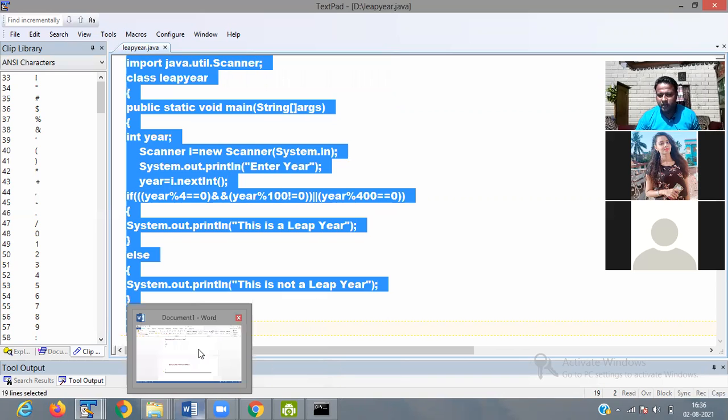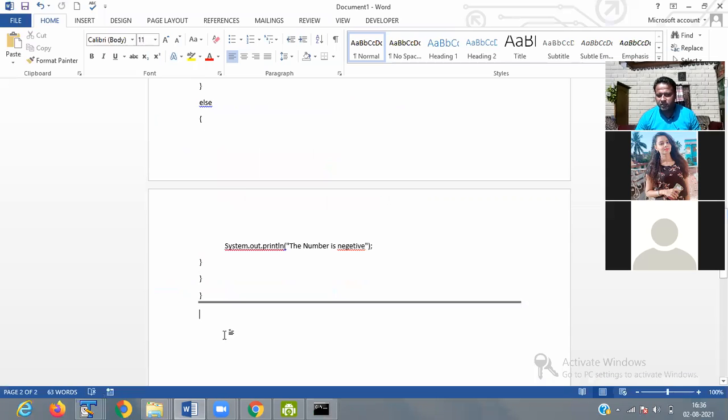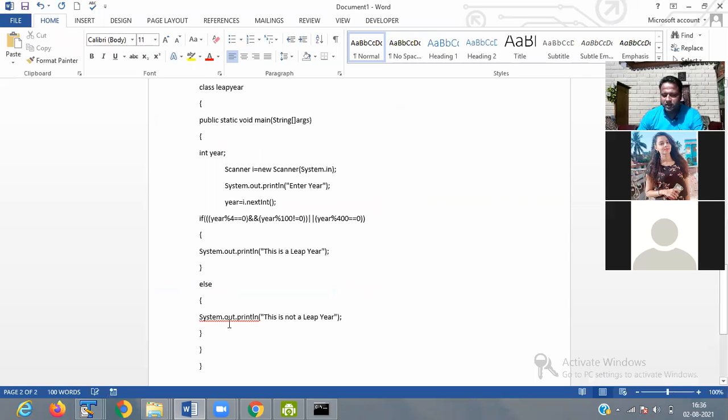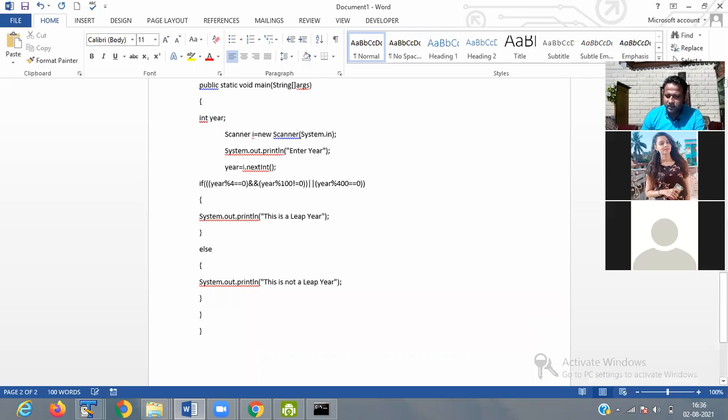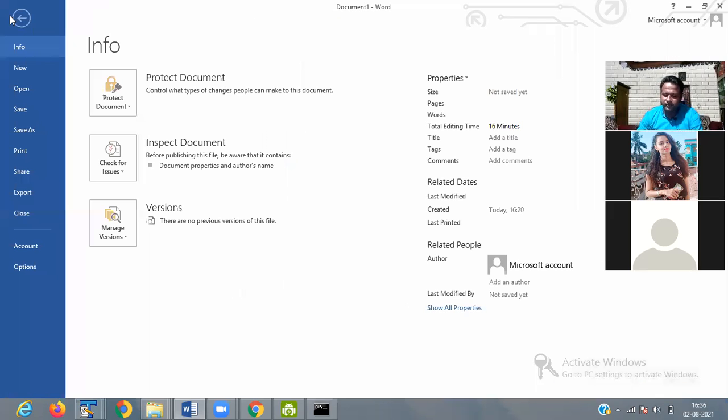Write a program: enter the age of a person and check for the vote eligibility criteria. Take a number and check whether the number is divisible by 5 or not.